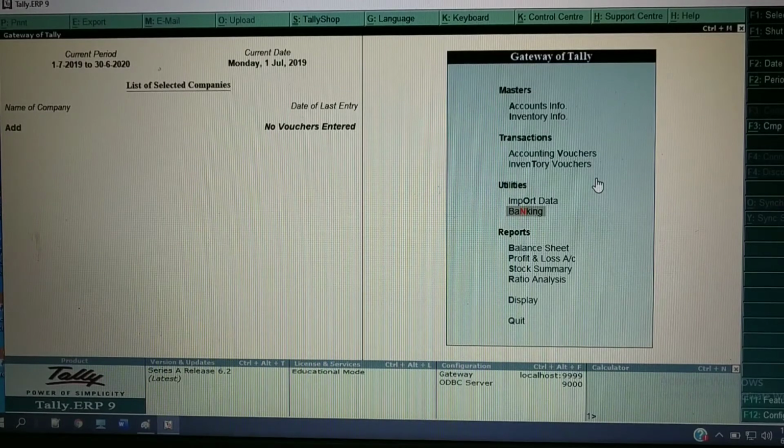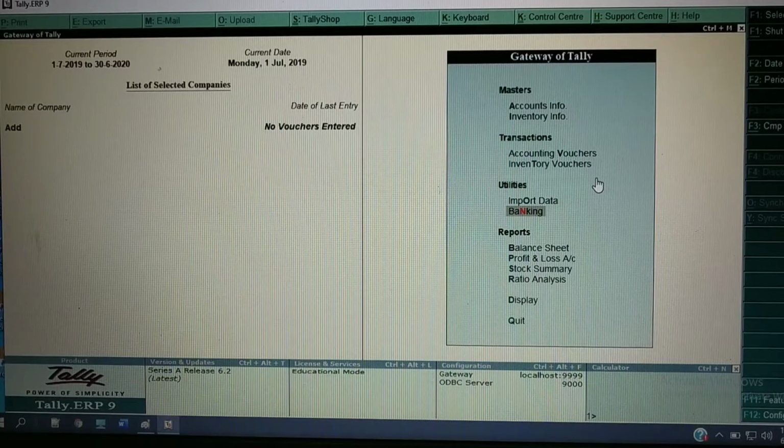And F12 configuration is an application level configuration saved in a file known as tallycfg.tsf. Whatever configuration related changes you do in this application, on companies, everything will be saved in this file. Whatever changes you are doing will be under application level configuration. This is called the default configuration. Default changes you can say.